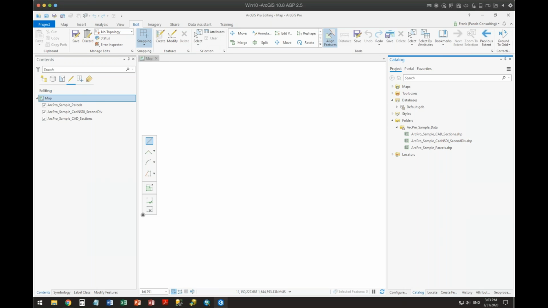Larry has a question. Is it safe to assume access to editing tools in Pro is the same as desktop? Yes, there's pretty much 100% equivalency, and the levels of licensing are basically the same. It is still basic, standard, advanced.